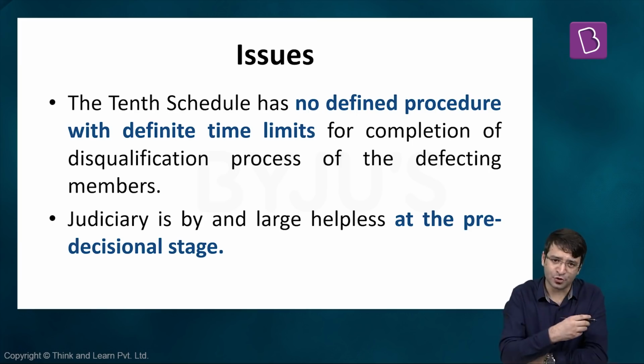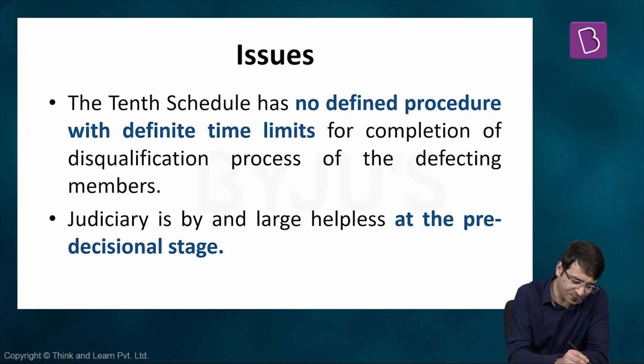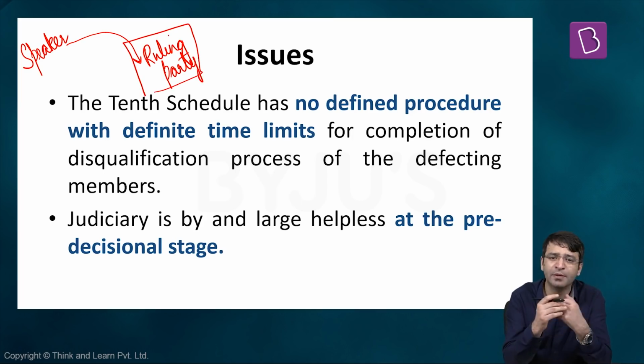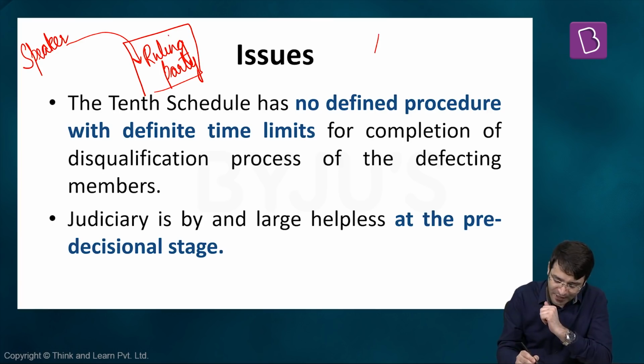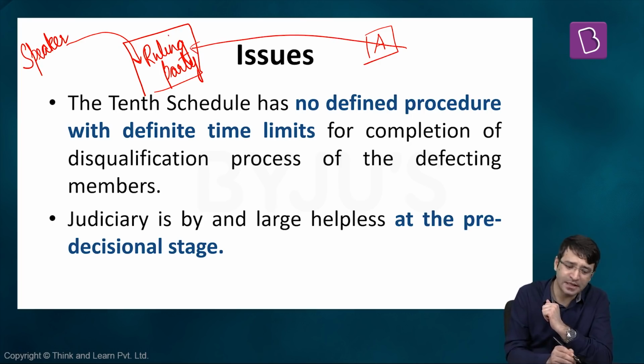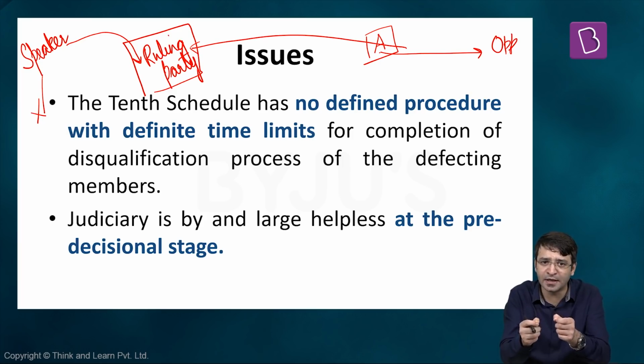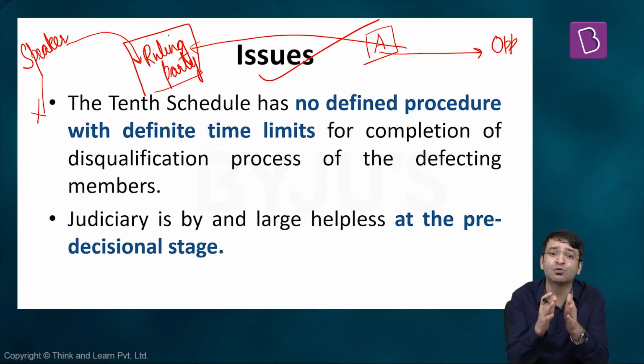But now there are some issues. What are these issues? Issues are primarily because of the fact that the speaker or the chairperson, they belong to the ruling political party. And if they belong to the ruling political party, obviously they will be biased in favor of the ruling political party. They will be biased against the opposition political party. So whether A should be disqualified or not, if A is aligning with the ruling political party, the speaker is not acting at all. If A is aligning with the opposition political party, immediately the speaker issues an order. Under anti-defection law, A is disqualified.